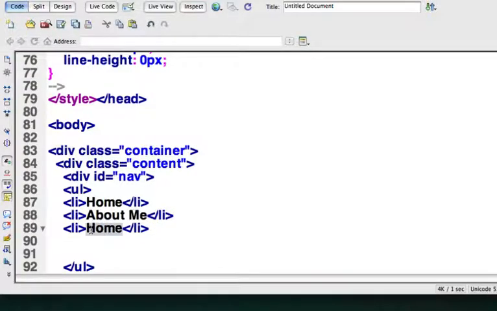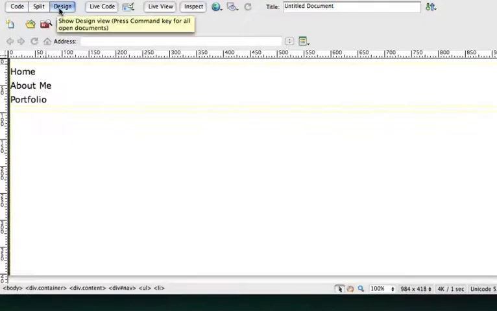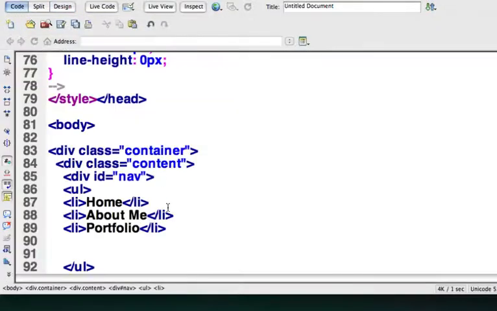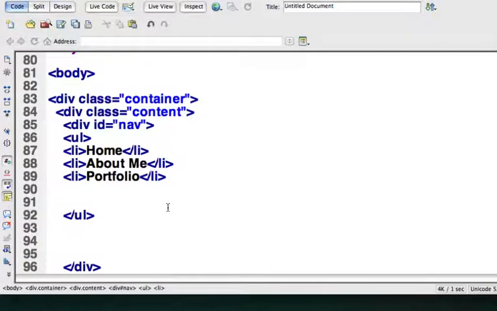And right in here, I would call this Portfolio. So I've got a list that looks like that so far. And it's vertical at this point. We're going to make it horizontal in a bit. But let's just keep going with this structure in the HTML area, and we'll do the CSS part in a second. I'll create links here in a second,